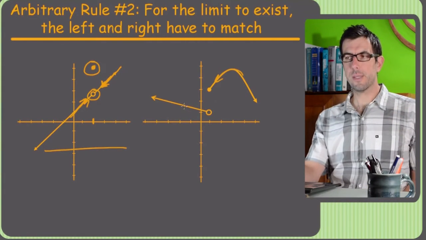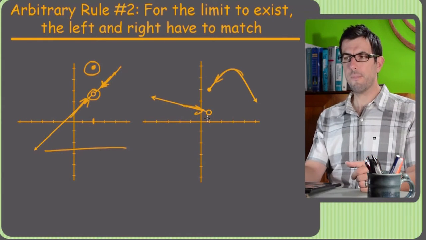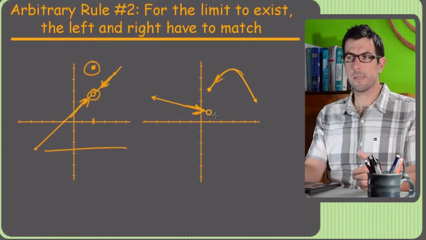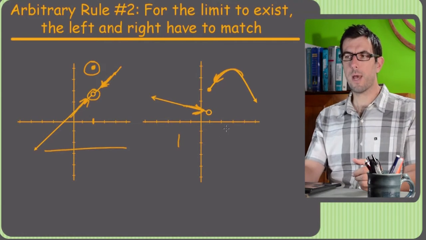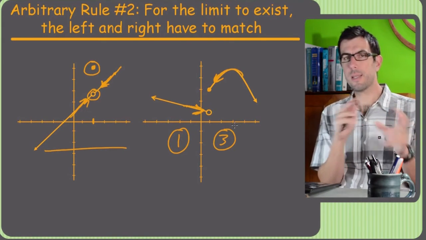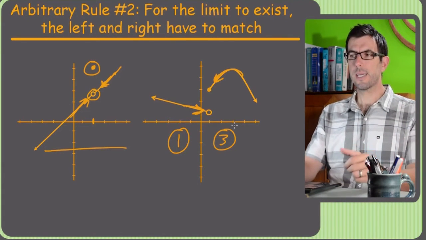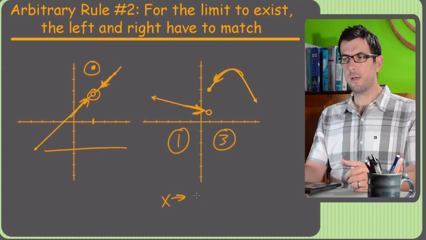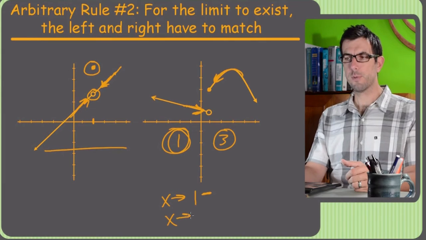There is a limit from the left, as I described in the one-sided limit video, the limit from the left exists. It looks like it's 1. The limit from the right exists because it looks like we're headed for this point, which is at y equals 3. So the limit from the left is 1, the limit from the right is 3, but the limit as x approaches 1, without saying left or right, just from both directions, does not exist. So if x was approaching 1 from the left, 1 would be the right answer. If x is approaching 1 from the right, 3 would be the answer.